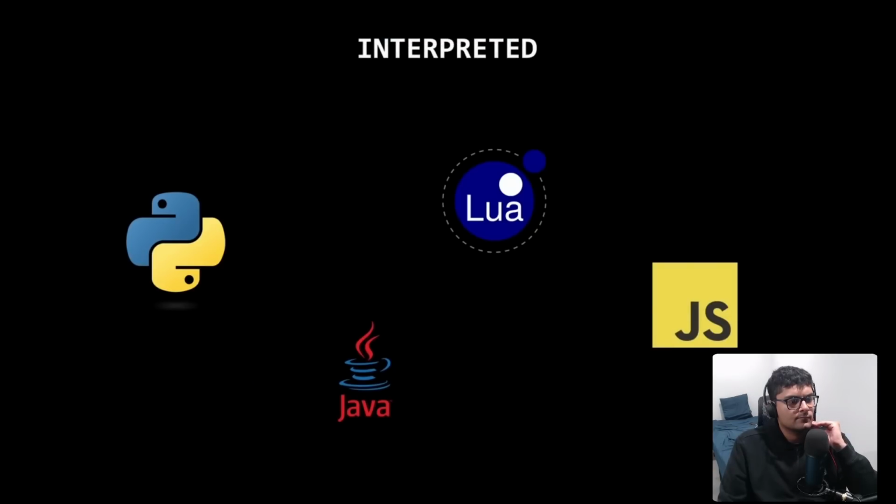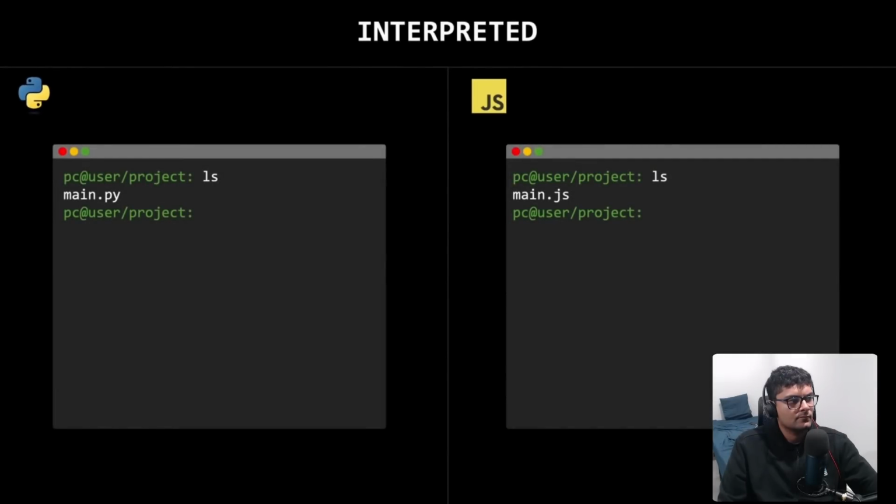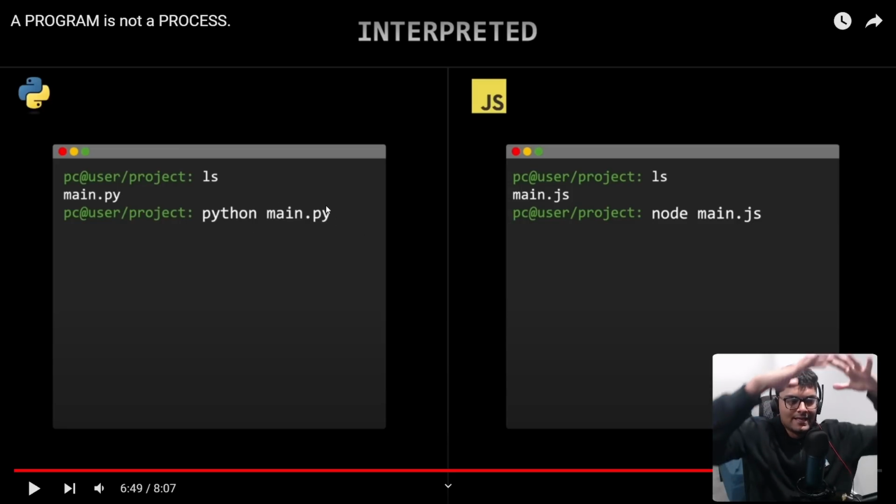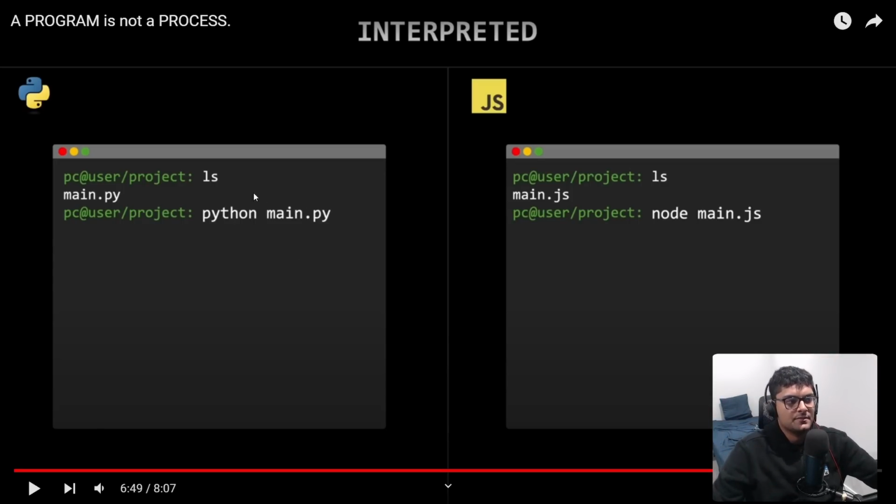Or JavaScript, where there is no compilation process. In Python, for example, every time we want to run code, we must first instruct the computer to run the interpreter and then tell the interpreter to execute our code. Right, so every time we run a Python file or Python program, we're creating a process, and that process encapsulates the Python interpreter, and it's going to specifically be using the file itself as the executable, as the instructions.